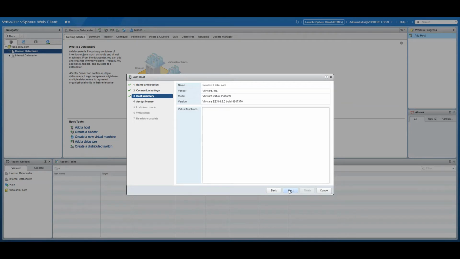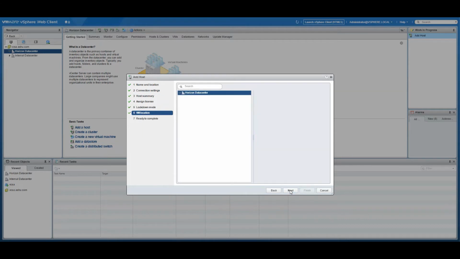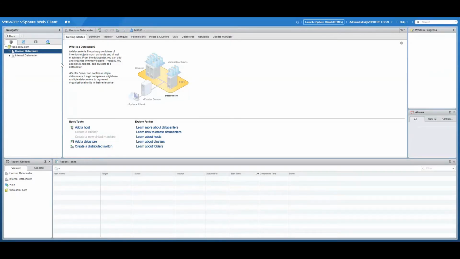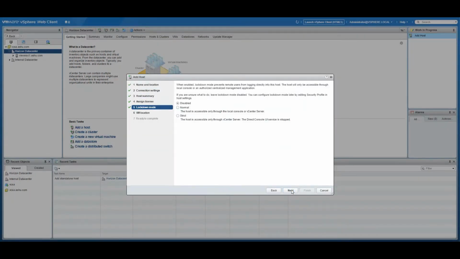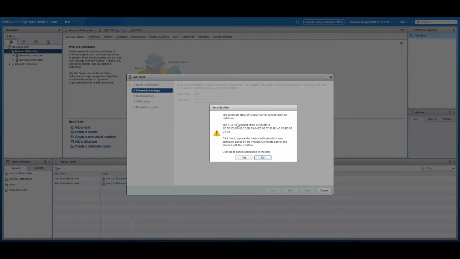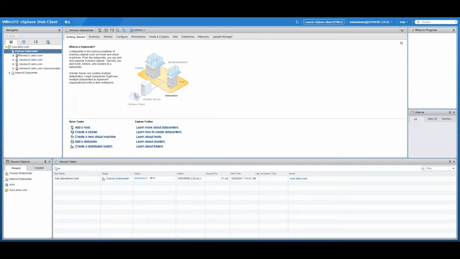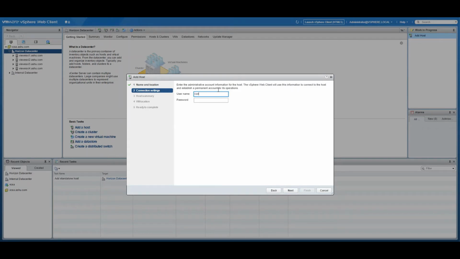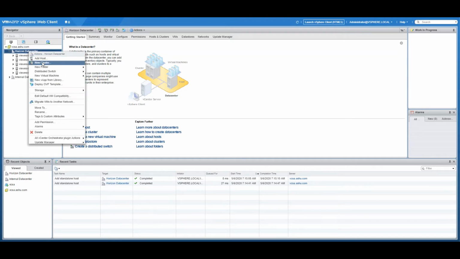So now the first one is done. We'll give it an evaluation license since I will be adding the license later. Select the Horizon Data Center, finish. Since I'll be adding four more ESXi hosts, I'll be moving this process a bit quicker so that we don't waste time here, so I'll just increase the speed of the video. So now you can see all the 5 hosts are added. Everything looks good.